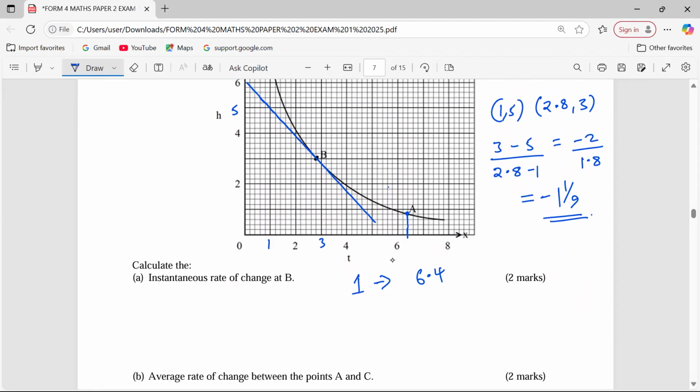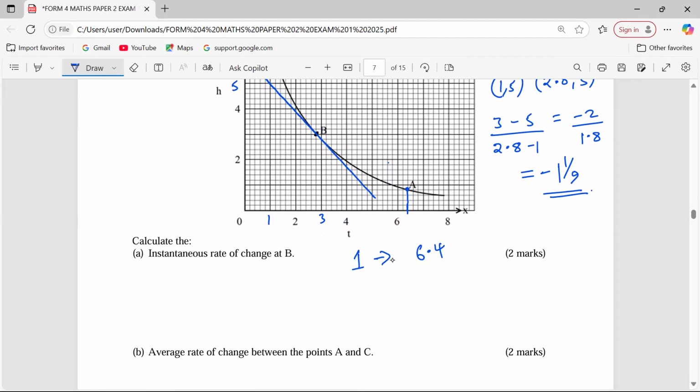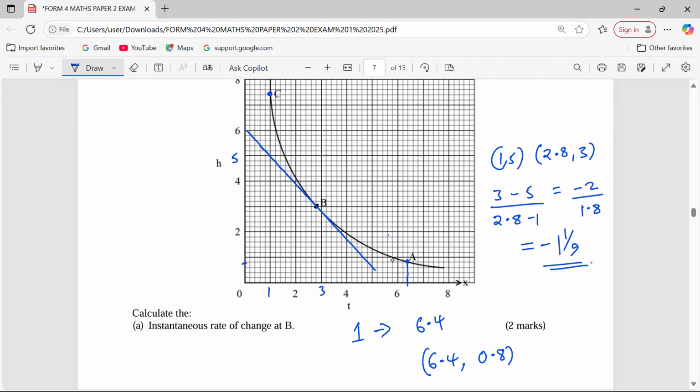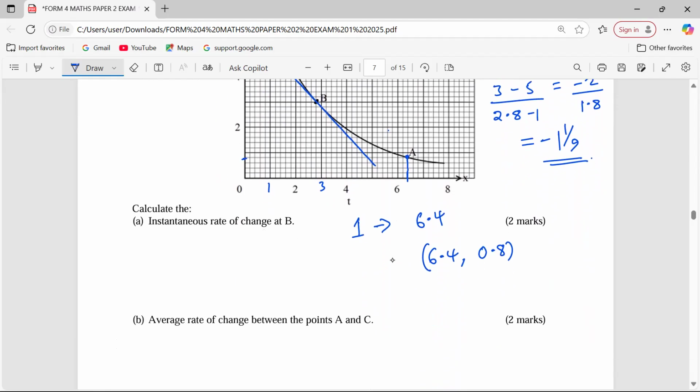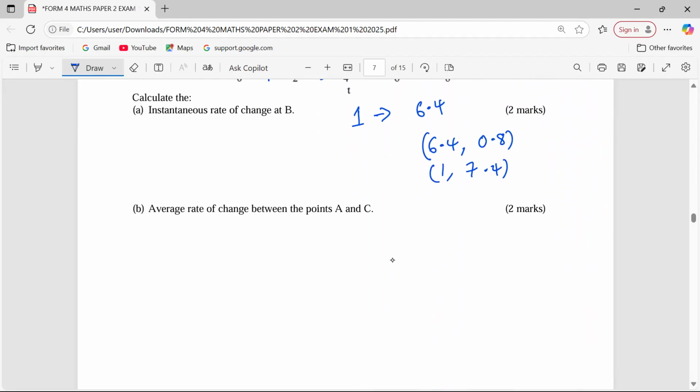Or we can simply pick the coordinates. At A, we have 6.4, and the H value is 0.8. Then at C, we are having 1 and 7.4. 1 and 7.4. So with this now, we can say that the rate of change is going to be